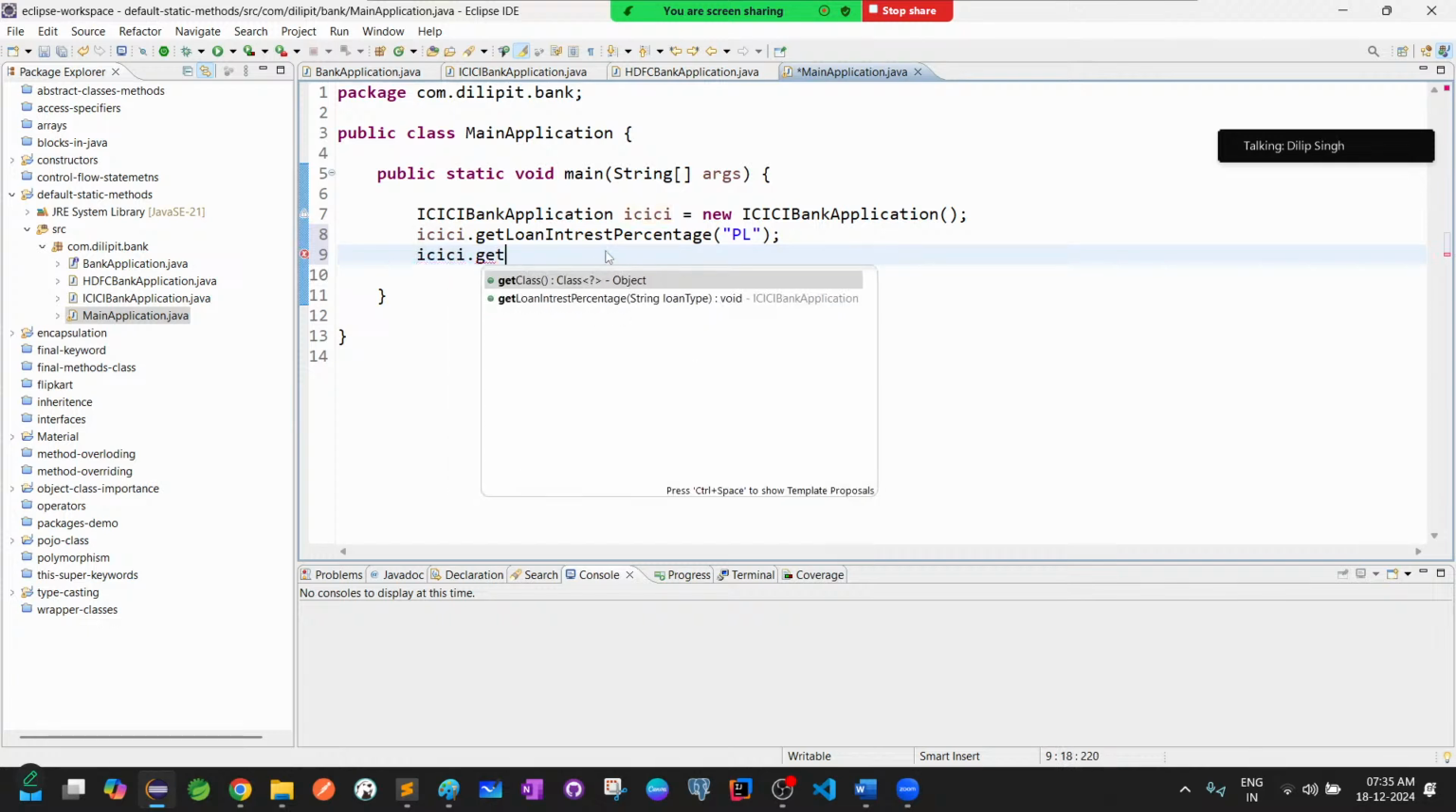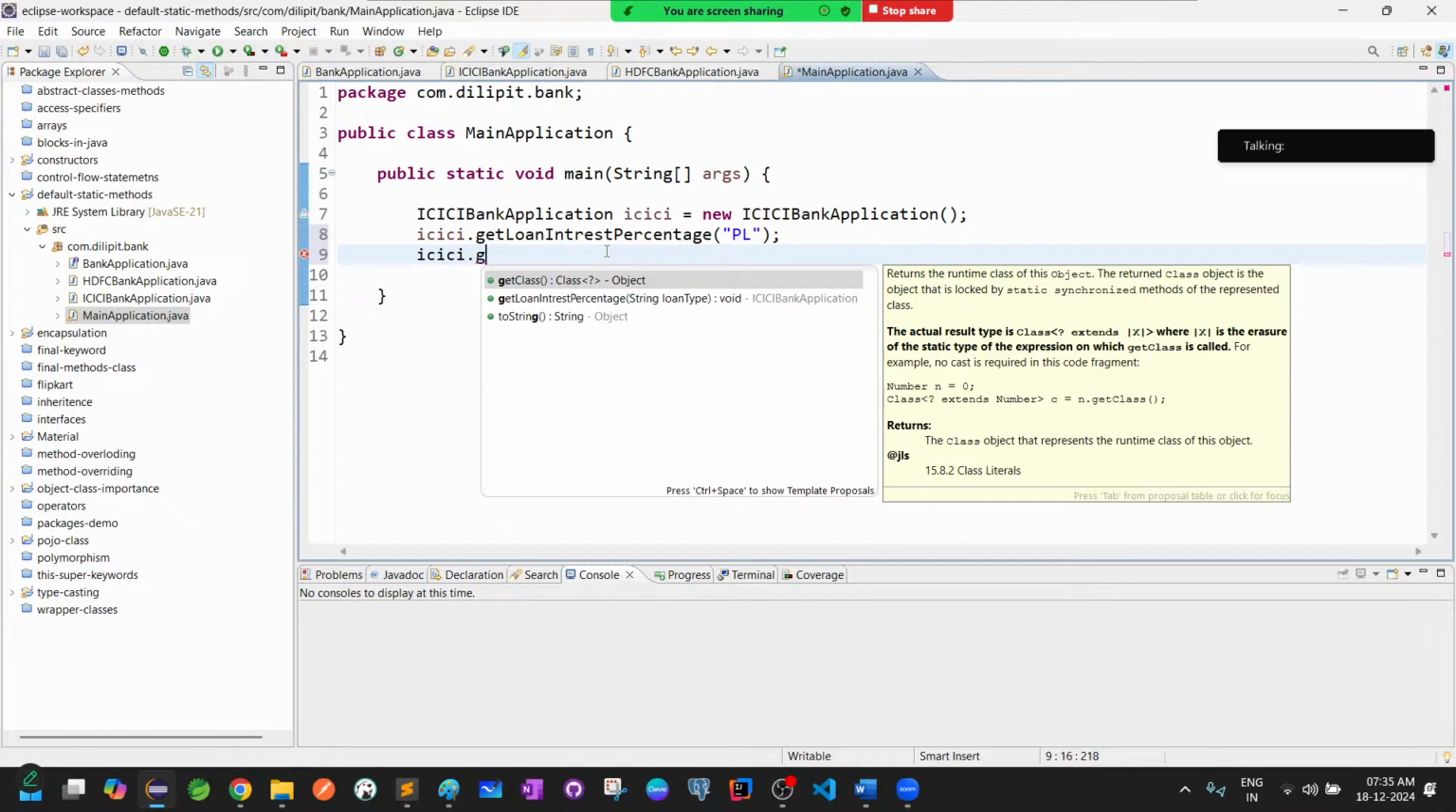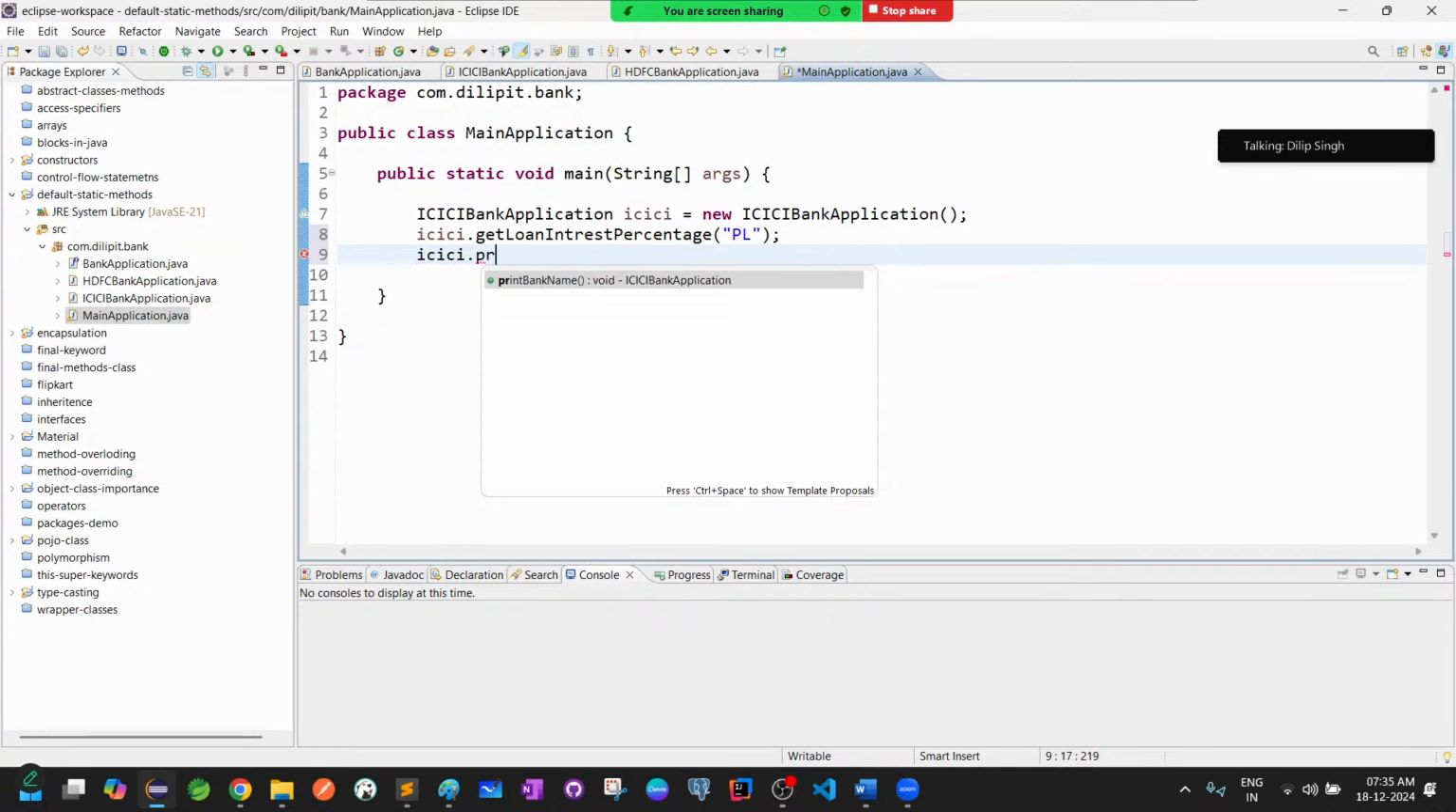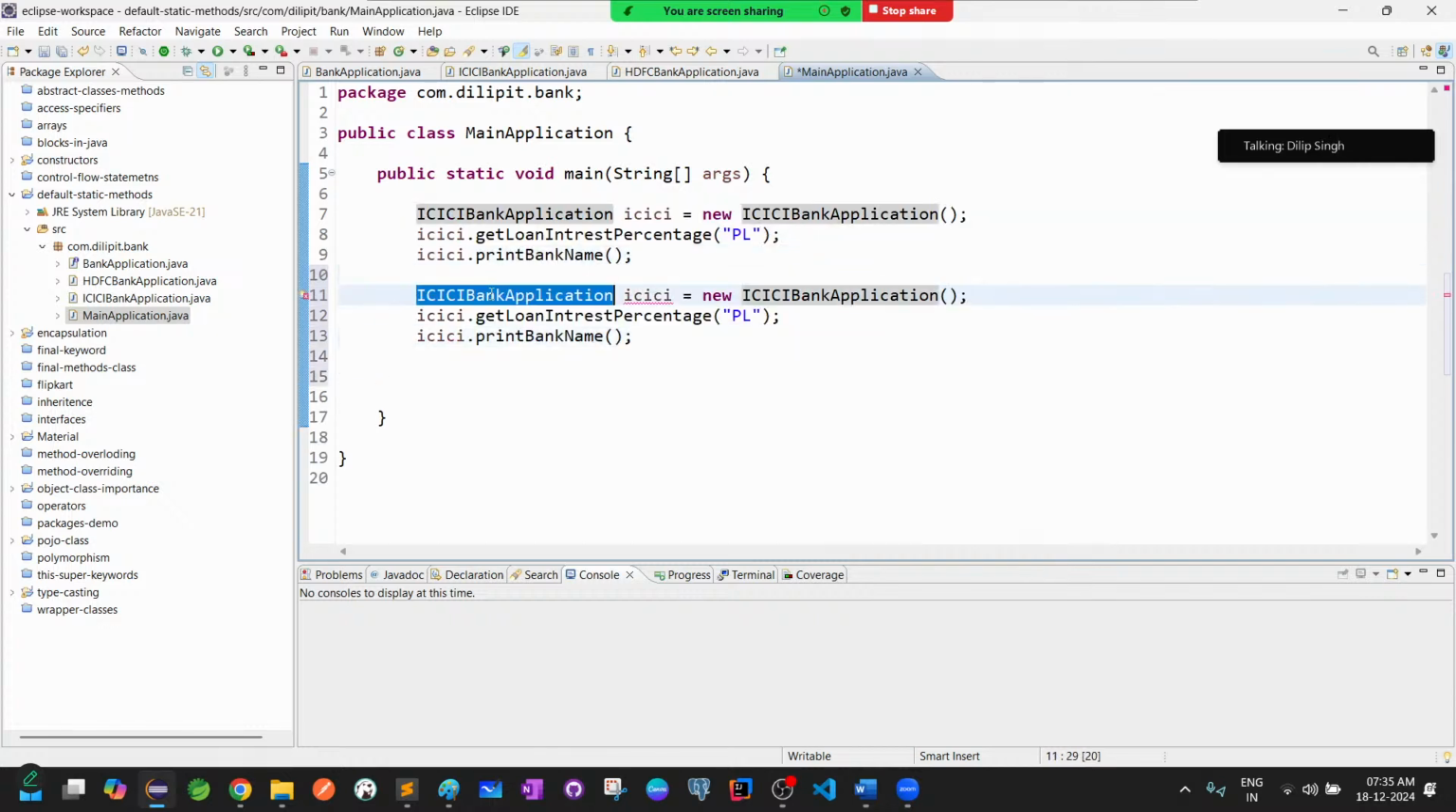ICICI dot get, and what is that method we wrote one more, print bank name or get bank name, whatever name you use. Okay, like that, similarly you can access the HDFC bank application also. So you can do Control Space, and automatically Eclipse will display all these items. HDFC, and then see,